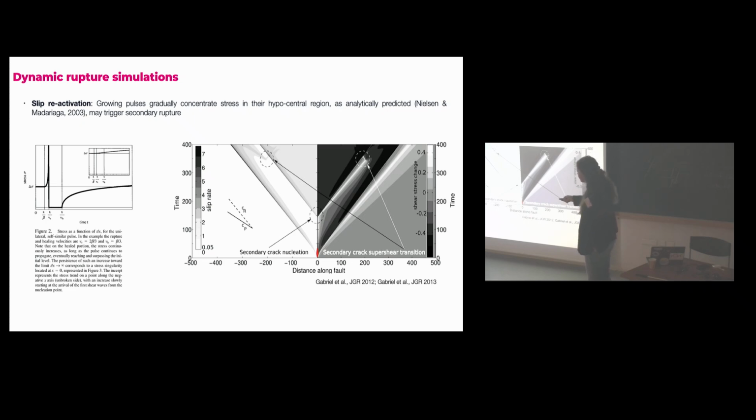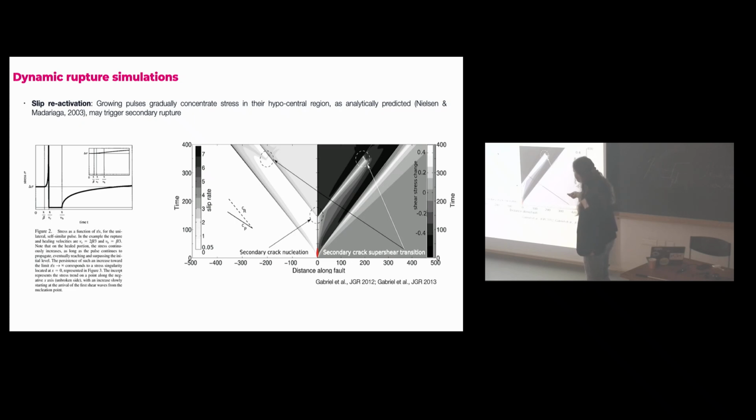So these kinds of plots are very common when we're discussing dynamic rupture models. What you see here is our line fault, so it's a 2D model, and then what's stacked up is the same fault at different steps in time throughout the simulation. Here's the slip rate, so dark means fast and light means slow, and here's the shear stress change. And what you see here is a pulse-like rupture, right?